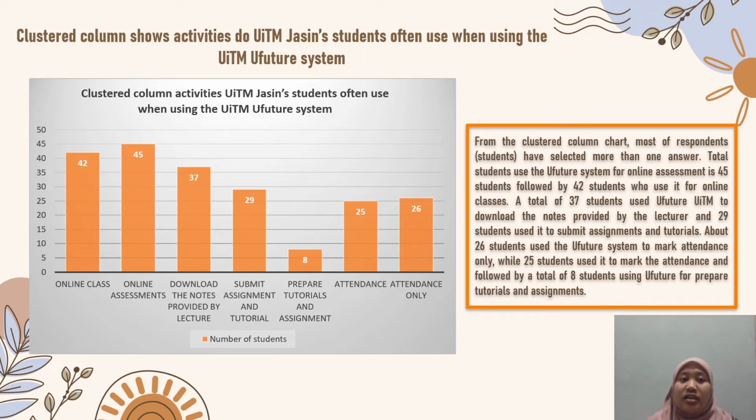From the slide, the clustered column chart shows the activities UiTM Jasin students often do when using the UiTM UiFuture system. Most respondents have selected more than one answer. The total number of students who use the UiFuture system for online assessment is 45, followed by 42 students who use it for online class. A total of 37 students use UiFuture to download the notes provided by the lecturer, and 29